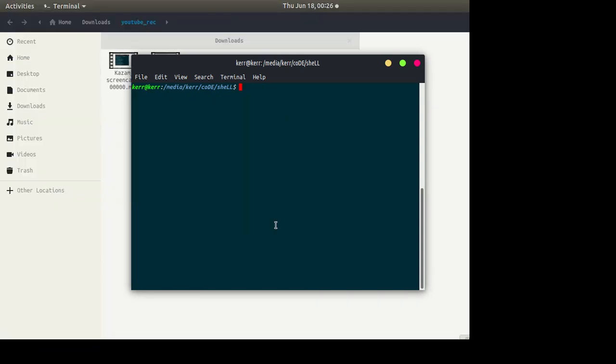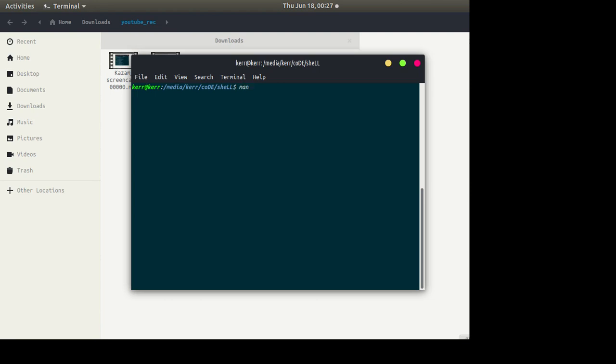So the next command that I want to show is the head command. Let's say you have a big file that contains 10,000 lines, but you are interested in seeing only the first 10 lines. Then there is no point in opening the whole file. If the file contains, let's say, 1 million lines, accessing it will take a long time, or the system may hang. If you are interested in only the first 10 or 100 lines, then you can use the head command.